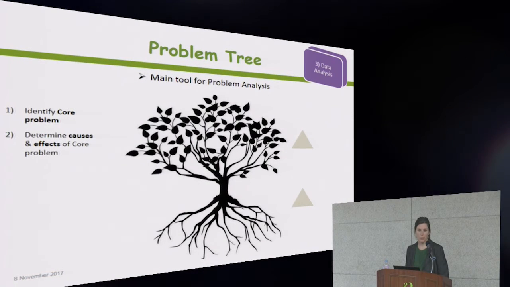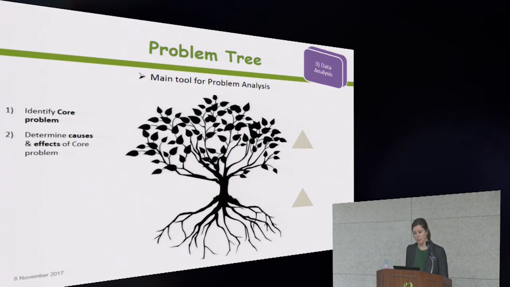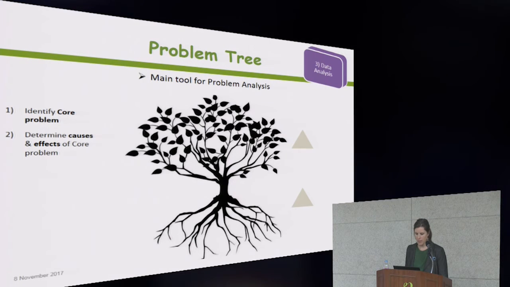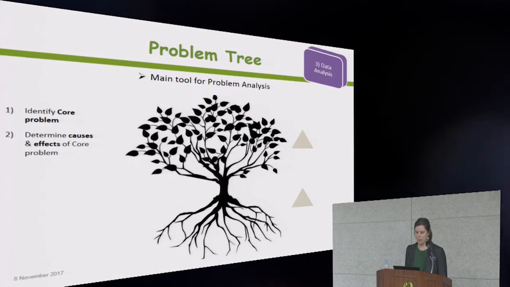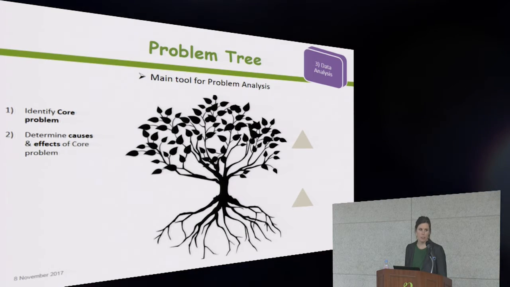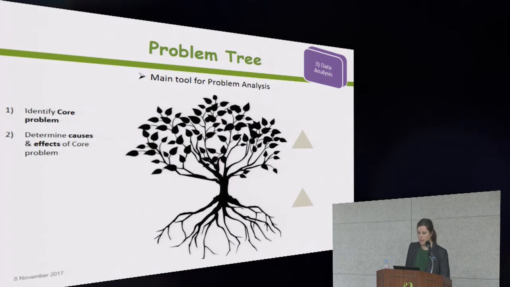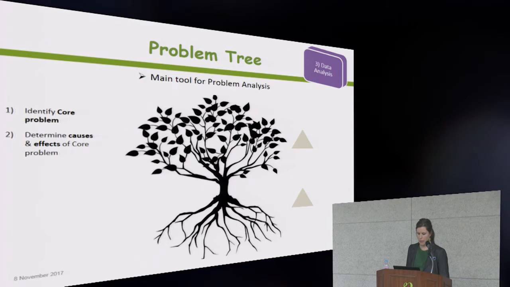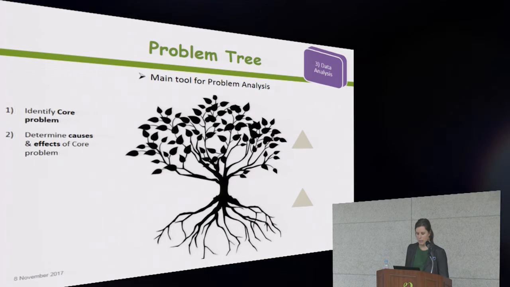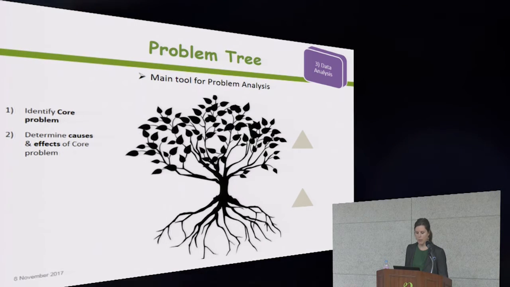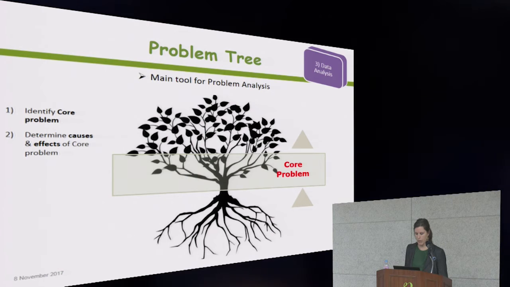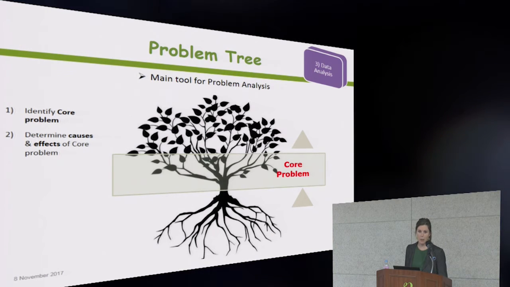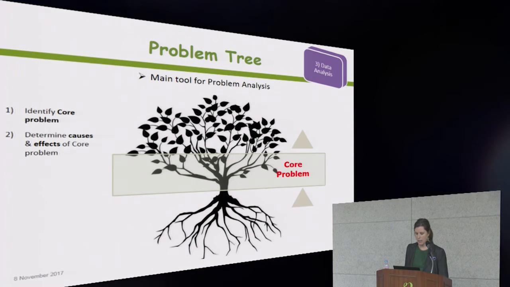So the main tool used for problem analysis is the problem tree. And the problem tree represents a summary picture of the existing negative situation in the community. So it should be undertaken as a participatory activity. And from the results of the assessment, the team will want to identify a core problem. Then they're going to critically analyze that problem together and determine,